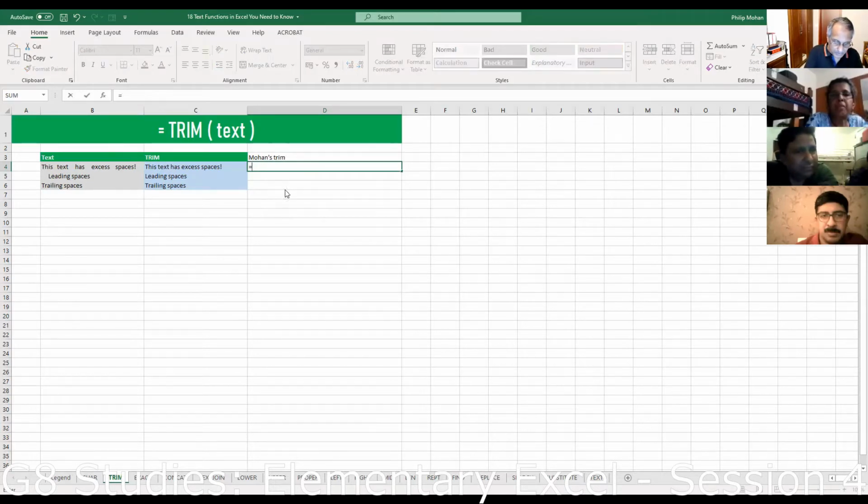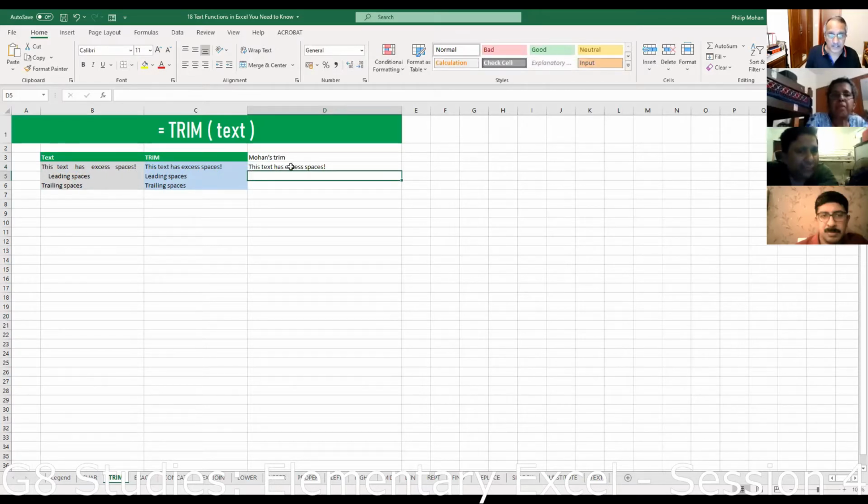Okay, so what you do is you put trim and then you go to another cell where you want that editing to be done. Okay, and so here what we've done is trim B4 and then just close the bracket. Okay, and you see all the excess spaces have gone. Okay, and the benefit of this is you can just drag down the formula to as many rows as you have. If you've got 1000 rows, you could drag it down 1000 rows. Okay, and it will do the same function. Okay, I'm going to drag it down, and that's by going to the corner of the cell. Once you get the plus sign, you can just drag it down.